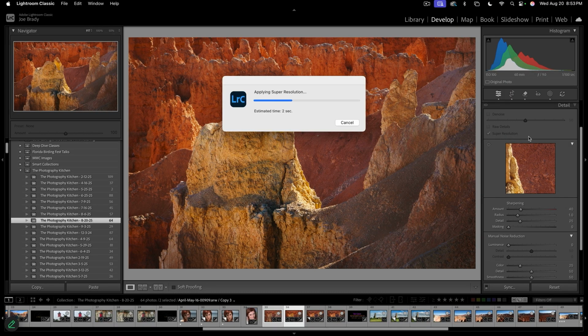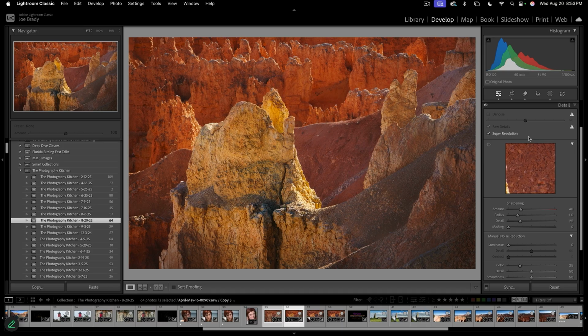And I have tested it, by the way, and super resolution in Lightroom seems to do a better job than the super res in Photoshop. So now our file, let's hit I again as soon as it's done beach balling me. Look at that. Now we have a 70 megapixel image. That's pretty crazy. Actually, an 80 megapixel image. Just by turning that on and off. There we went from 20 megapixel to 80 megapixel,